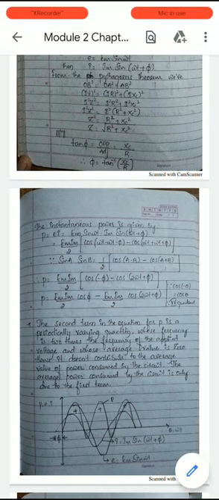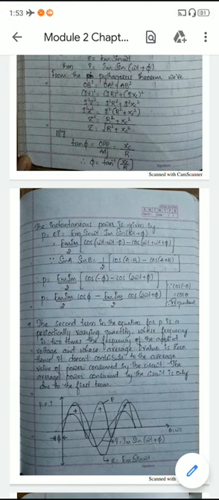Writing term by term, Em Im by 2 cos of minus phi becomes cos phi, because minus phi lies in the fourth quadrant. According to trigonometric rules, in the fourth quadrant cos is positive, that is, all students take coffee. So cos of minus phi is cos phi, and the other term is minus Em Im by 2 cos(2 omega t plus phi).